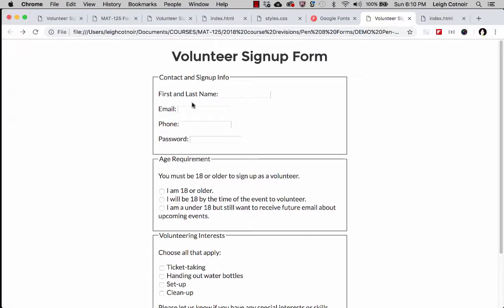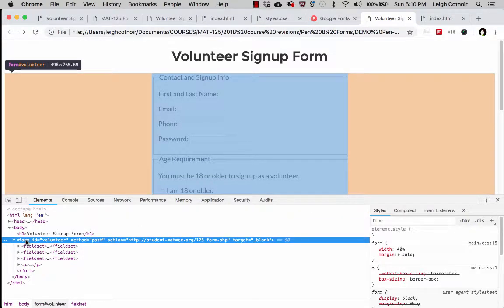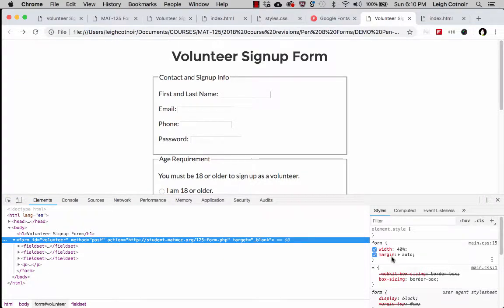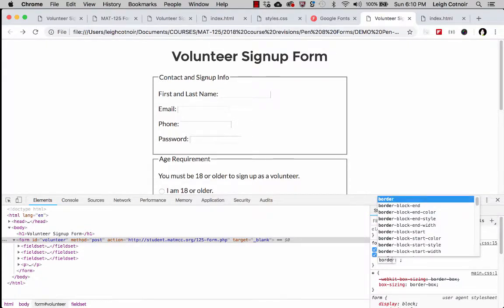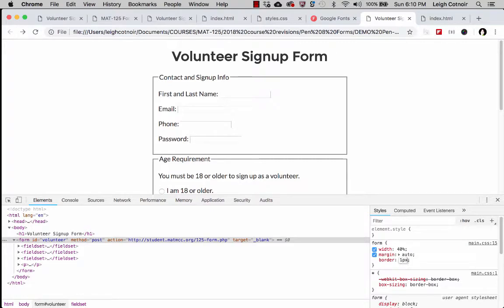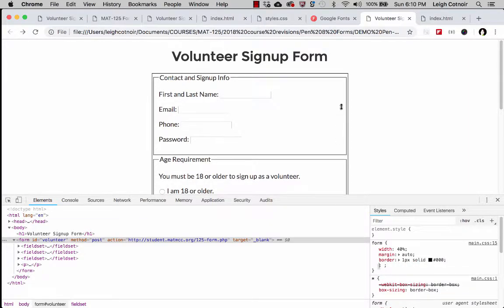So I think one of the things you can do with a form so that you can get really good immediate gratification whenever you're testing stuff is let's just right click this and inspect it. We can also mess around by inspecting stuff. So if I click on the actual form itself, you can see that I've got this 40% margin auto. I can also put a border around it. Let's just see what happens whenever I do that. We'll say 1 pixel solid. We'll just do black, I guess, for now. All right, and then it puts that